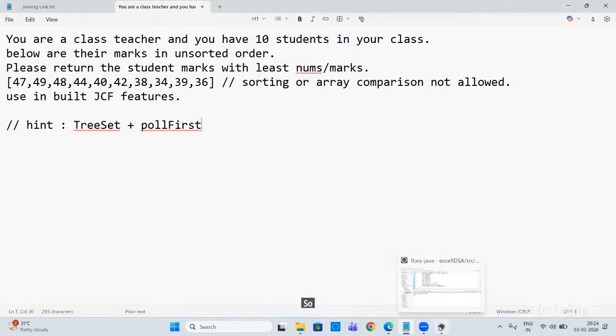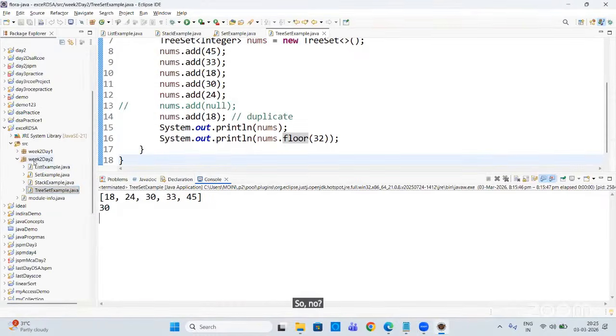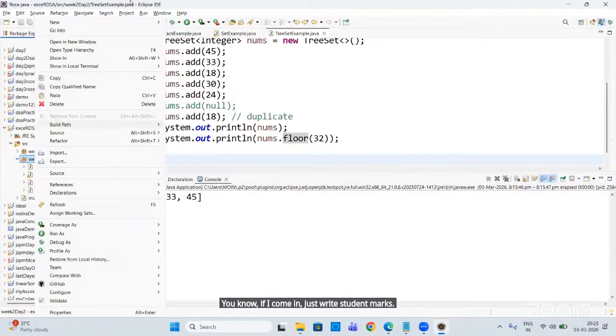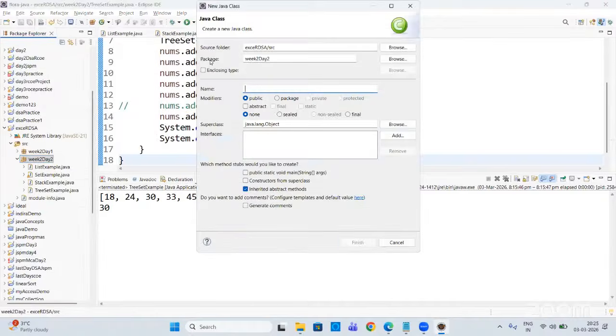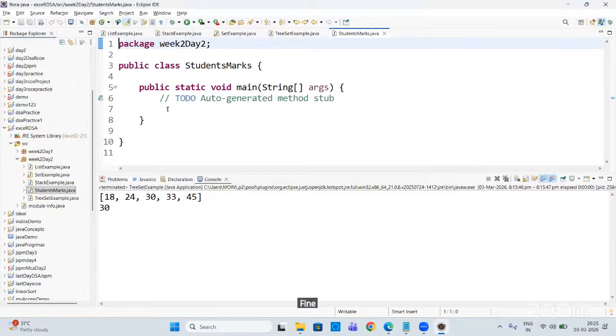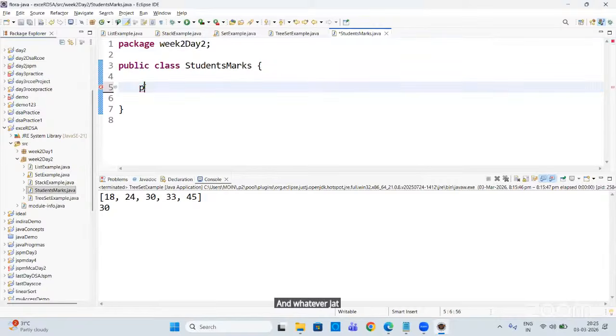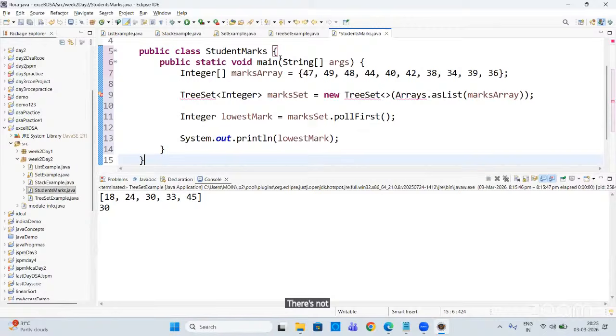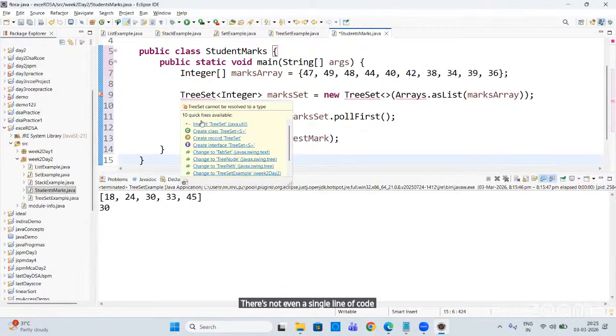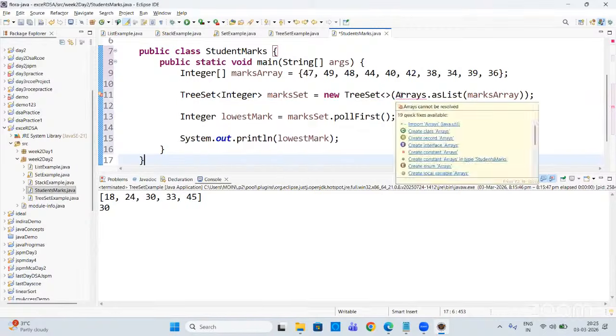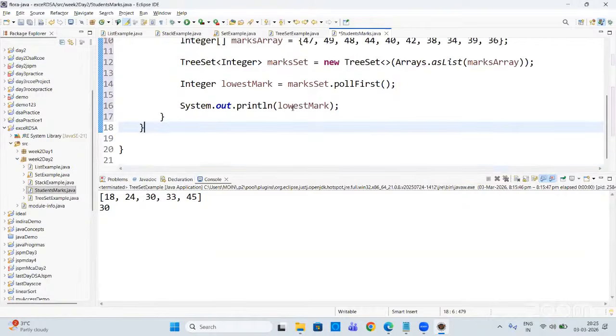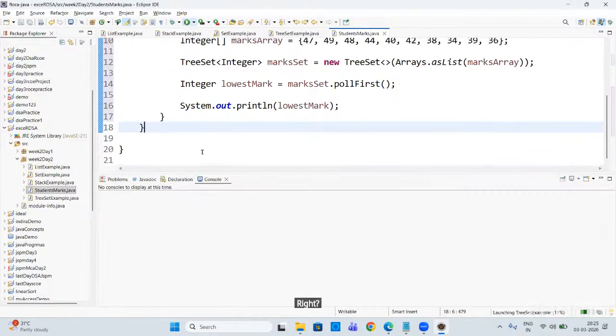So now here if I come and just write student marks, new class, students marks or students, I should write students marks, fine. And whatever Jatush has written, I'm just copy pasting it. There's not even a single line of code of mine here. Fine. So see we get,